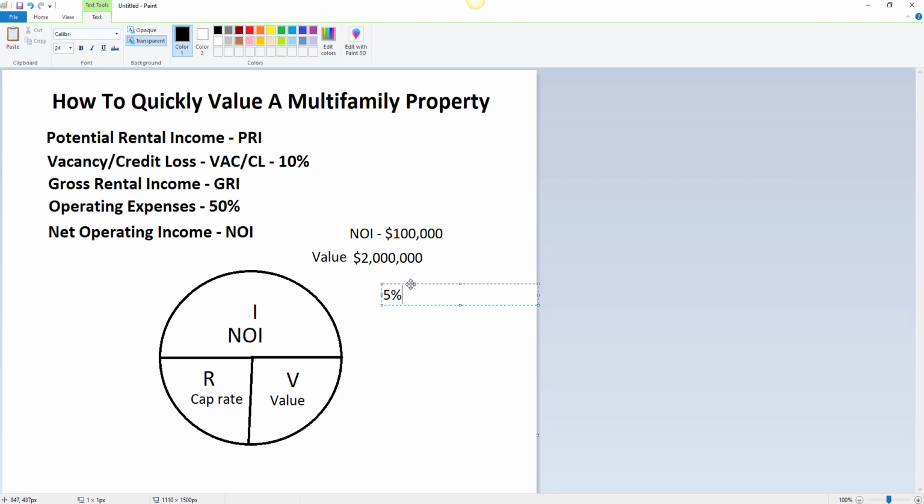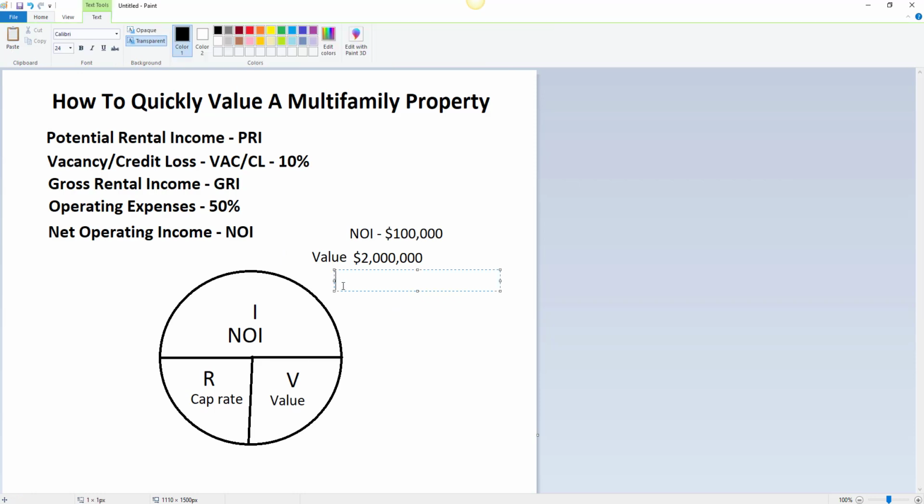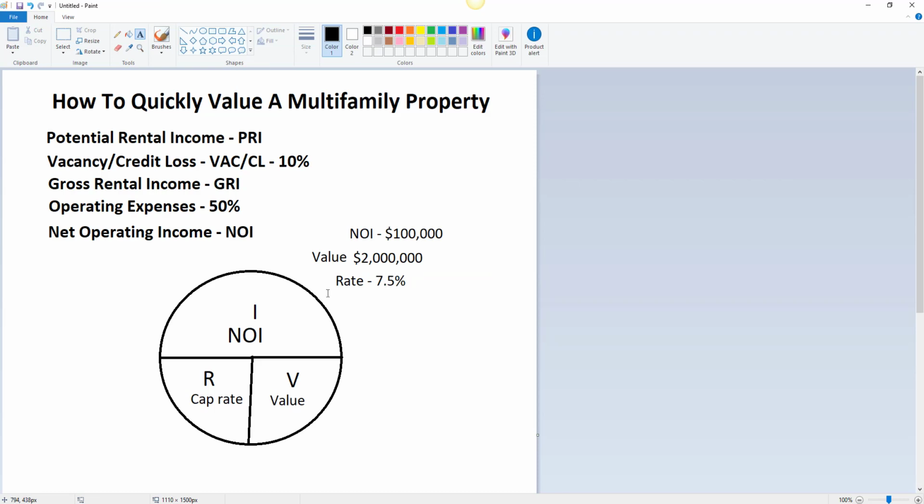then we can do this. So now if we know the cap rate that we want is, let's say, an 8% cap rate. Well, let's be a little more realistic. Let's say 7.5% if it's a Class C property. So then if we take the NOI and we divide it by the cap rate,